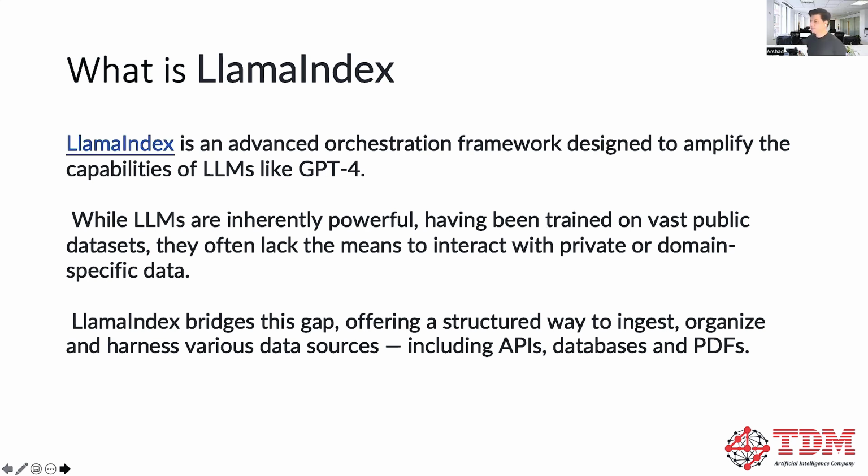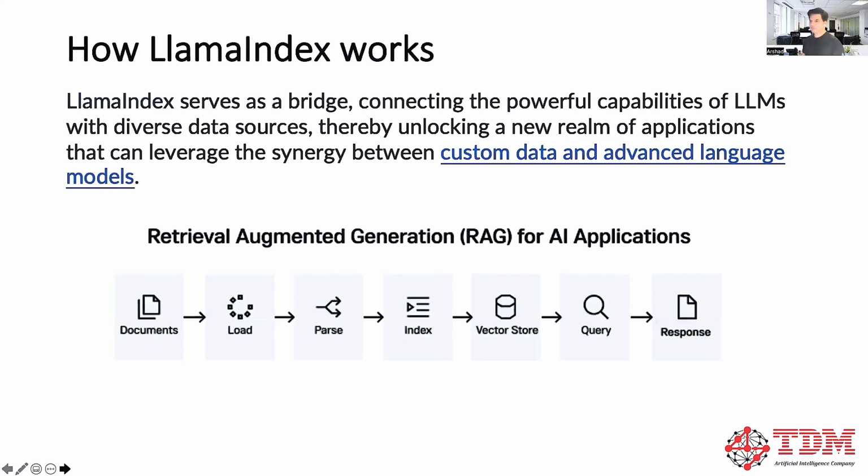LlamaIndex is an advanced framework designed for amplifying the capability of LLMs like ChatGPT-4, inheriting the power of a vast public data set. It has an API and it can also take an input from you. For example, if you're running a medical hospital, research lab, or legal firm and you have a bunch of cases, and you want to input your case to the large language model and get some output and do some kind of work, LlamaIndex helps you do those kinds of things. The technology behind it is called RAG, Retrieval Augmented Generation, which takes the document, loads it, parses it, indexes it,